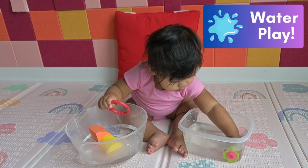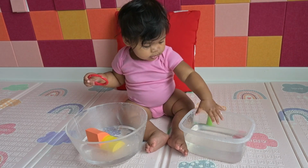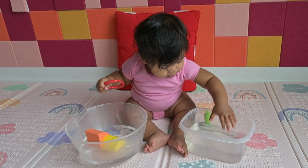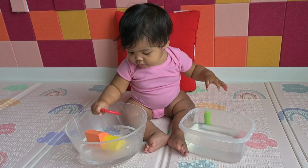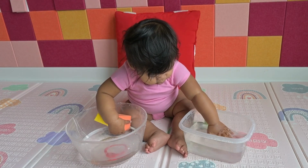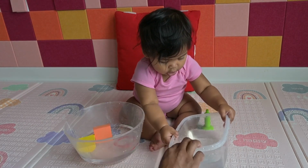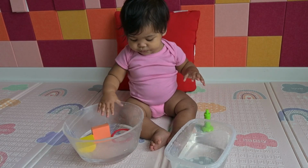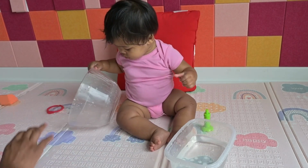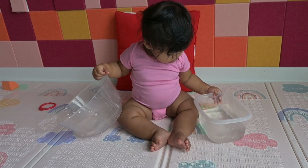The next activity, which is her favorite, is water play. So I got 2 bowls from the kitchen and just put some water in there, and I grabbed some of her toys, some that float and some that sink, and I kind of just let her play in them a little bit. She liked to dump the water out, which I didn't really mind,